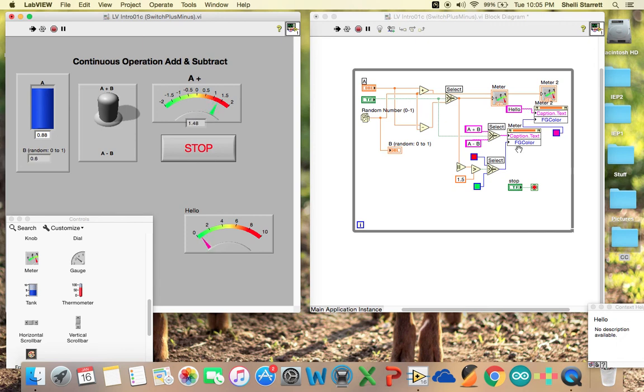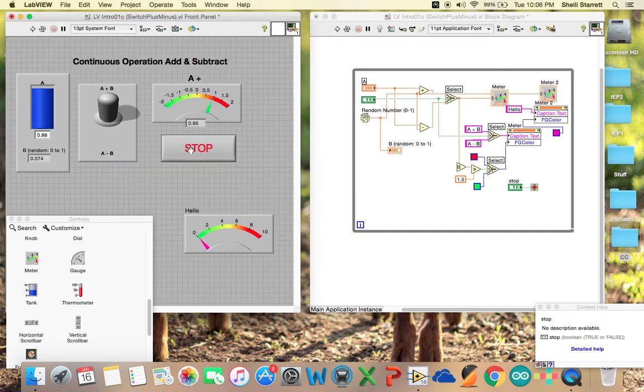Alright, so hopefully that gives you an idea of a lot of the functions that we can do, how to learn from the context help, how to use the right click or control click to have it create the constants or what we need to create. And so for your homework, you will be doing a VI from scratch using a lot of these functions. You can make it pretty basic or fancier, however you want. You see there are lots of options, lots of things you can do. So there you have a basic introduction to